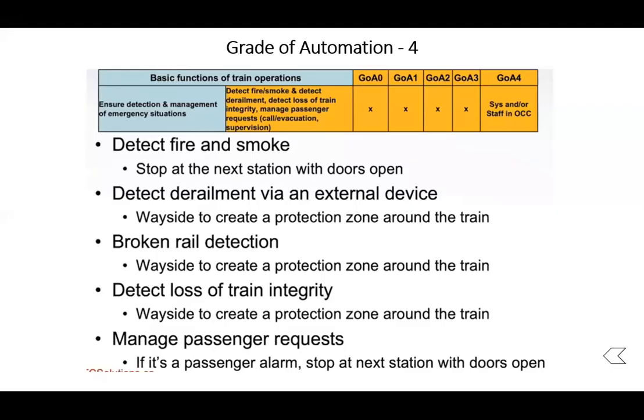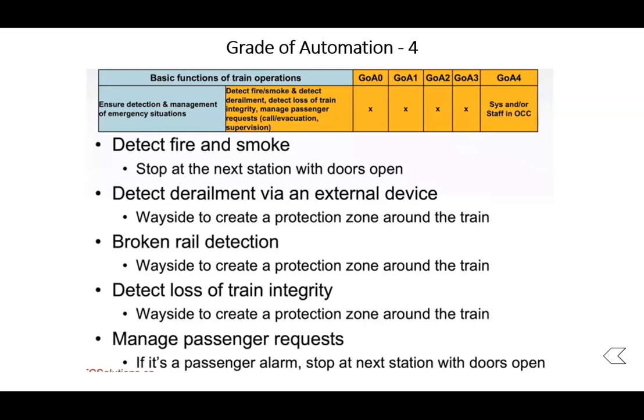And if there is a broken rail in the wayside stations, how to deal with the train to get protected at the place where there is a broken rail. That is built separately. And what is loss of integrity of the train? The loss of integrity of the train is when it is no longer able to communicate to the central control. In such a case, what is to be done? What is the arrangement to be taken care of by the